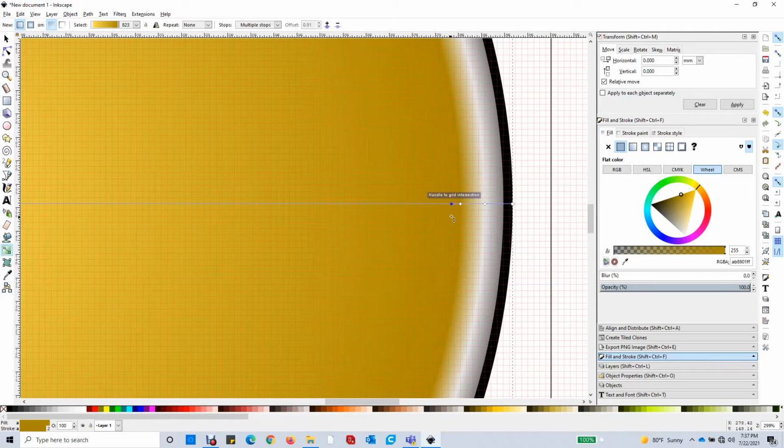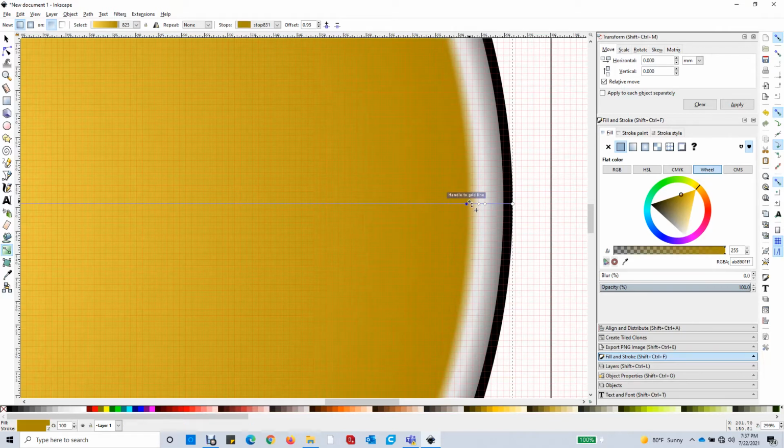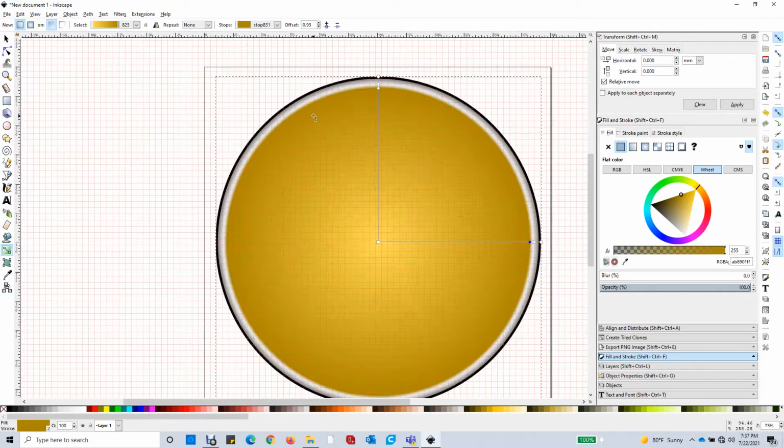So if I clicked on here to create a new dot, and then I took this dot and I made it very, very light, I could pick this up and bring it over like that, and then take this and bring it really close to that, and I could change how the colors drop off. All right. Now I don't want this thing sliding around. I like it where it is.